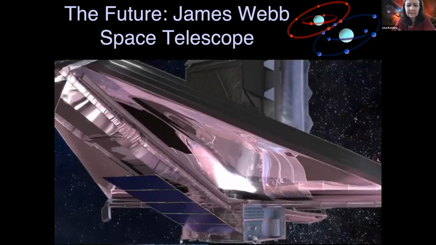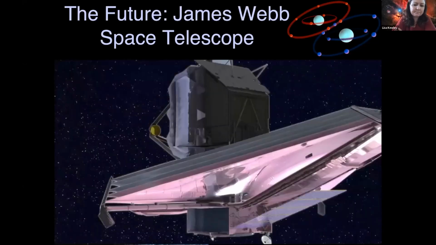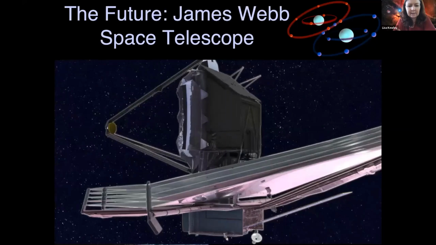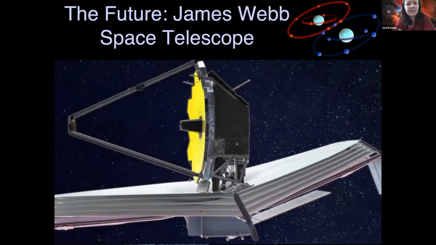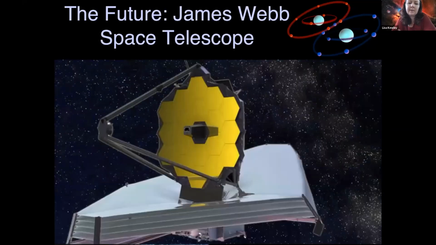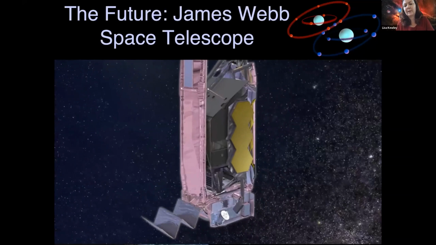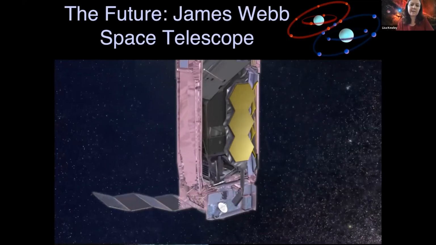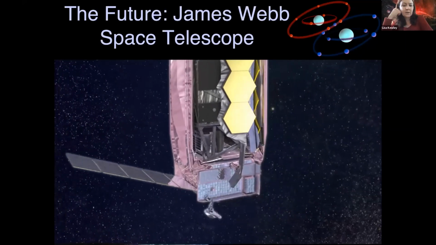There's the solar panels. We're looking at the bottom of the solar shields. And you can see a tiny little mirror right at the top of the telescope there, right out the front. That's the secondary mirror. So the light bounces off the big mirror and then it's reflected off the small mirror and then back into a hole in the telescope in the center, where the light goes to the images.